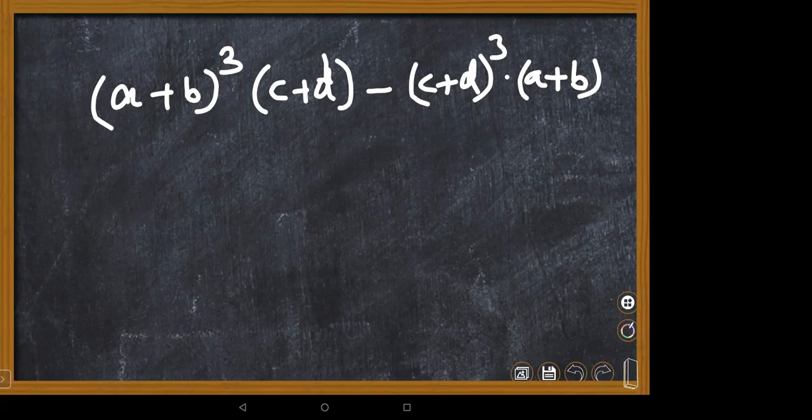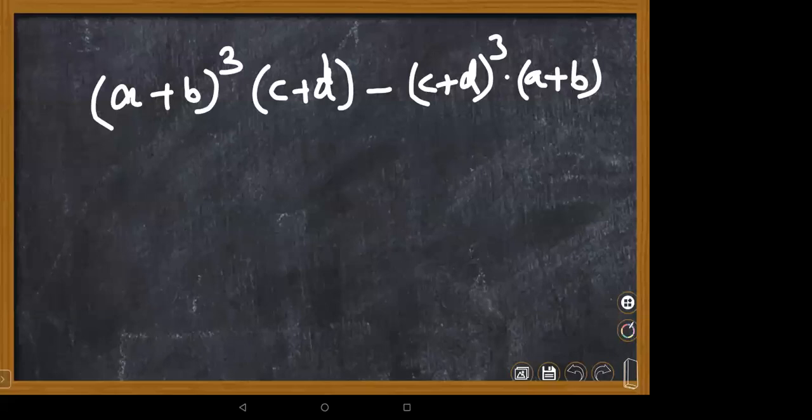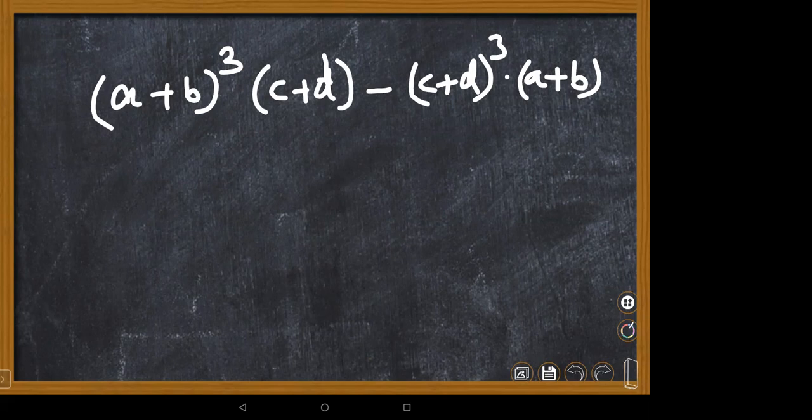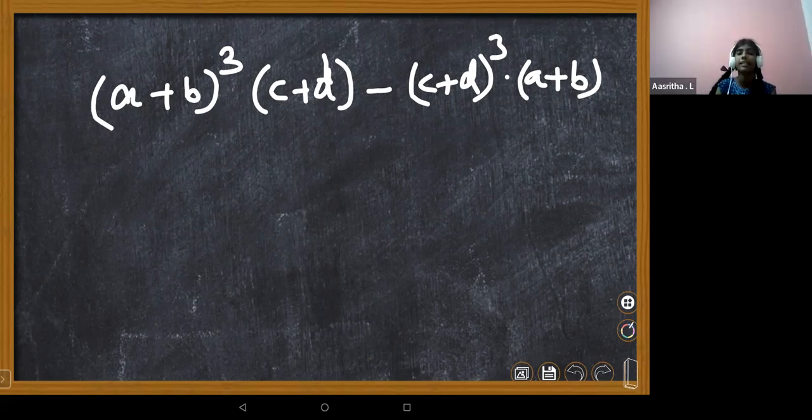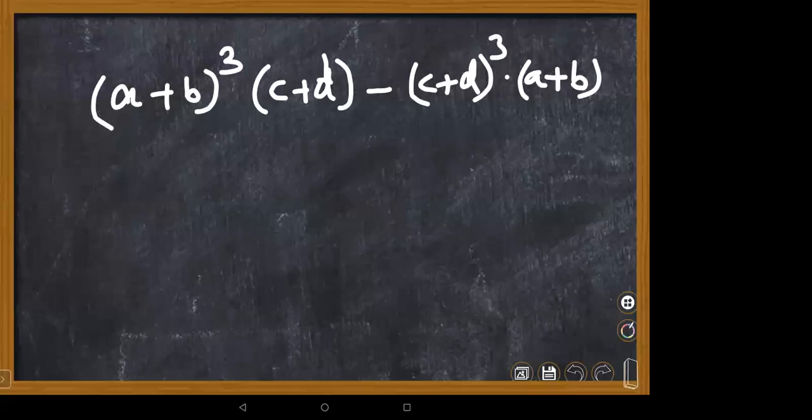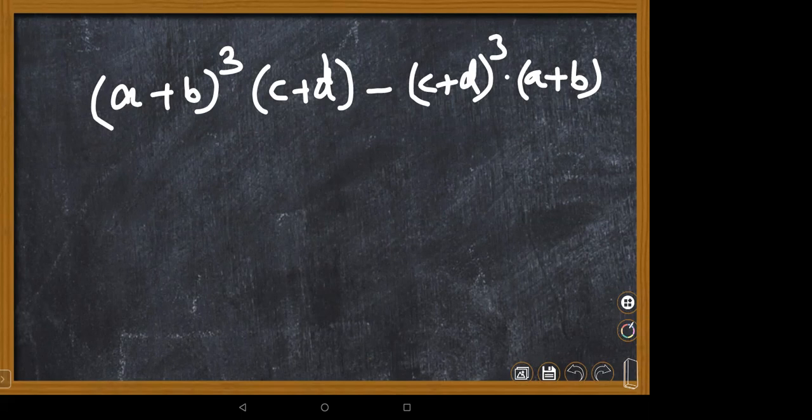Yes, children. Please think over here which one we should eliminate first, so that we can use an identity over here. First step or second step, what is the thing you have to do over here? Please see. Ma'am, can we subtract c plus d? No, don't go for subtraction. First, you have to take some common part. First of all, make it a simplified form. So make some part common in both. Which one is common? You have to identify first.